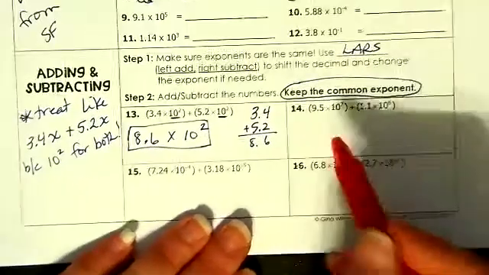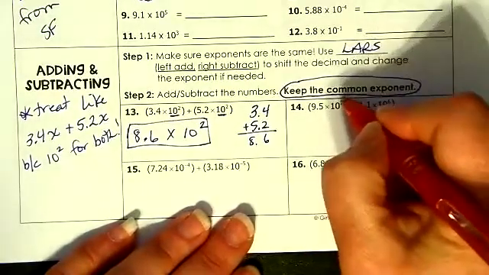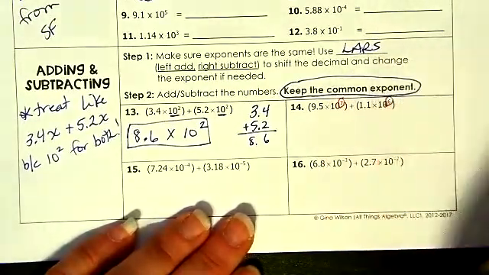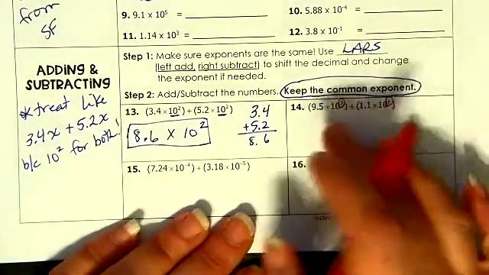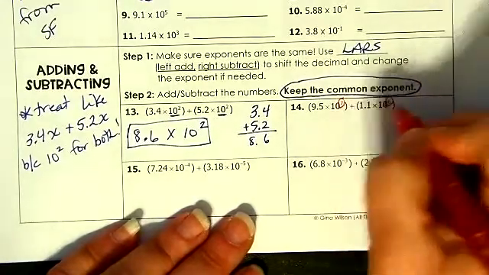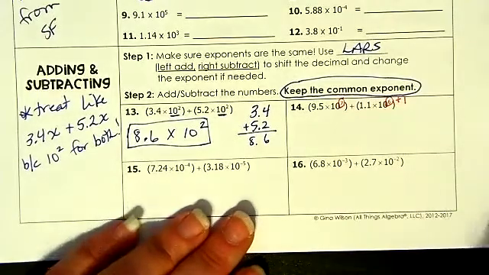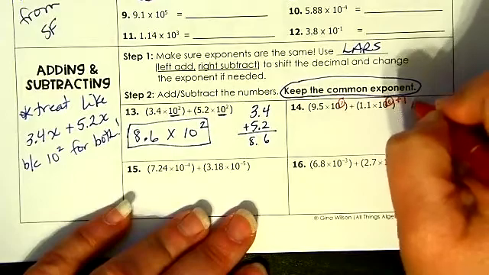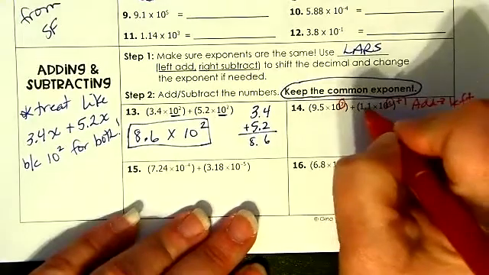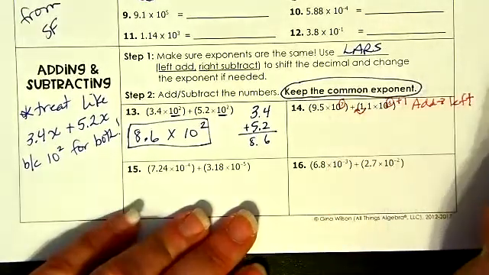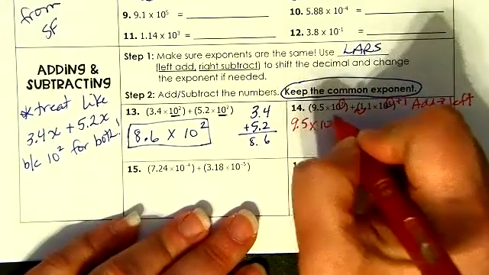Okay. Next, let's look at 14. This is where you should notice the exponents are not the same. The easiest thing is to change the second one to be the same as the first. In order to get the 6 to the 7, I'm going to add 1. Since I'm adding 1, I move the decimal to the left 1. So I'm now going to have 9.5 times 10 to the 7th